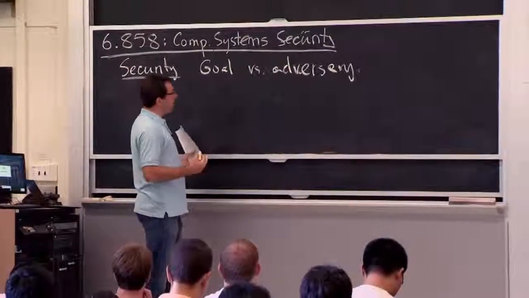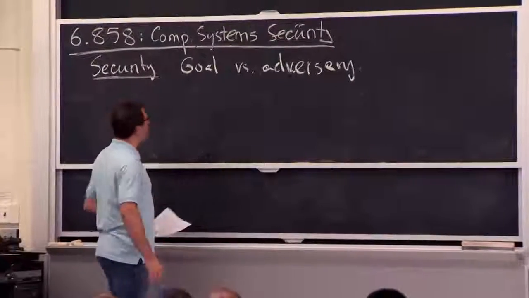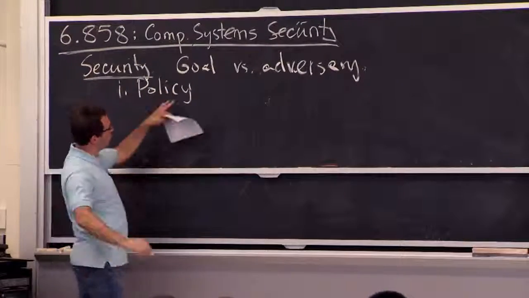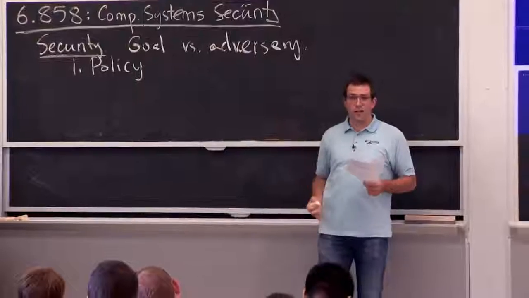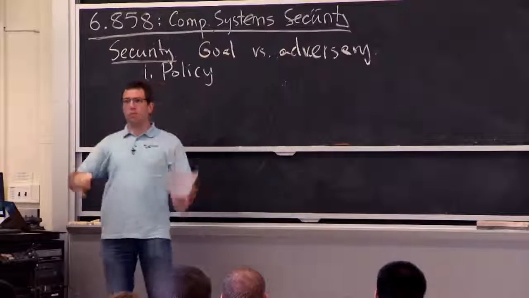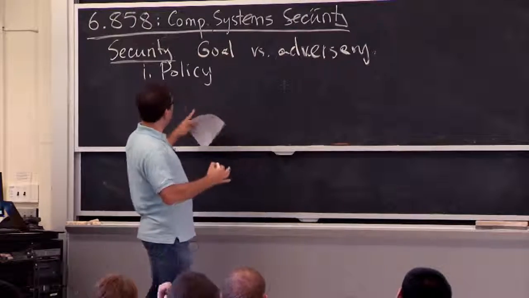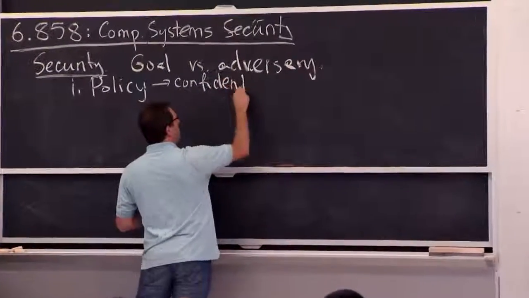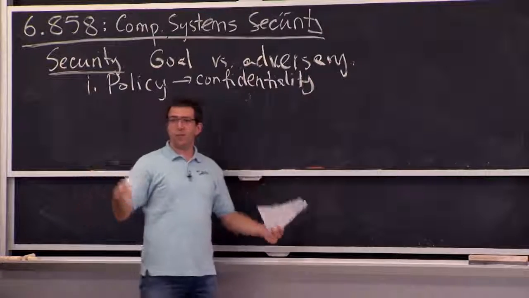And the general way to think about security is to break it up into three parts. One part is roughly the policy that you want your system to enforce. This is roughly the goal that you want to achieve. Like, well, maybe only I should be able to read the grades file for 6858. Or maybe the TAs as well, and all the co-lecturers, et cetera. But there's some statement about what I want my system to be able to do. And then if we want to think about what kinds of policies you might write, typical ones have to do with either confidentiality of data. So the grades file is only accessible to the 6858 course staff.